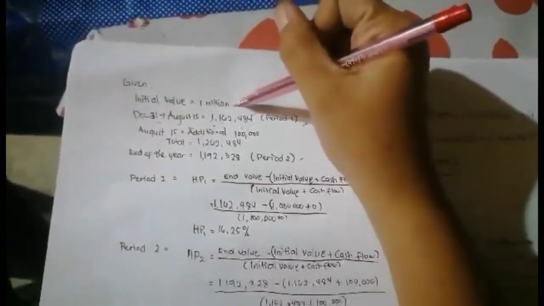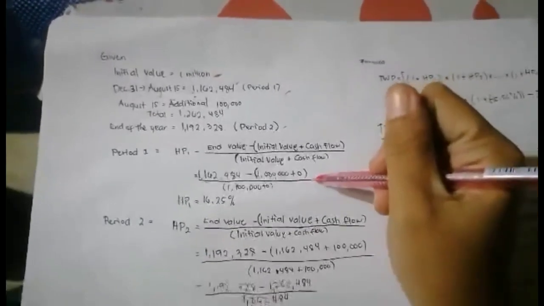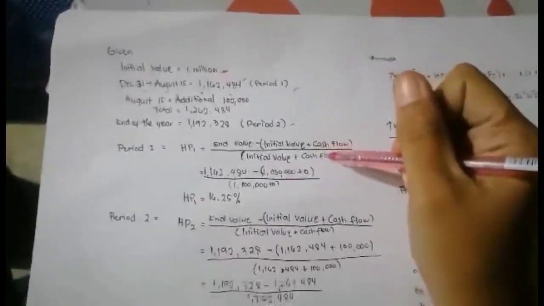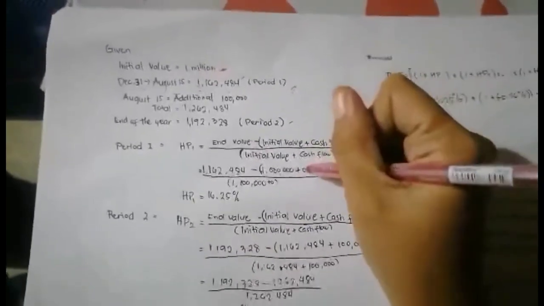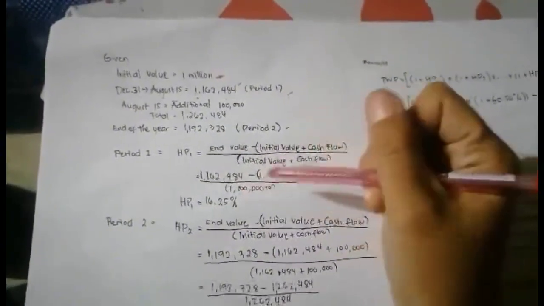Subtracted by his initial amount, which is the 1 million, and since he has no cash flow, or we should say additional or withdrawal, we should put 0 here, divided by $1 million